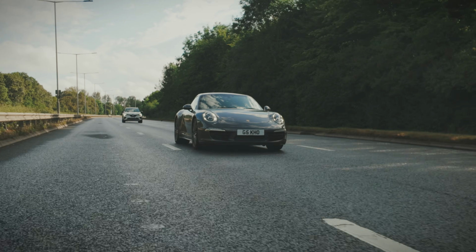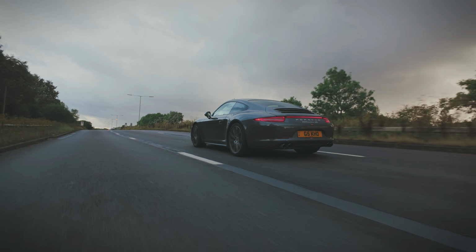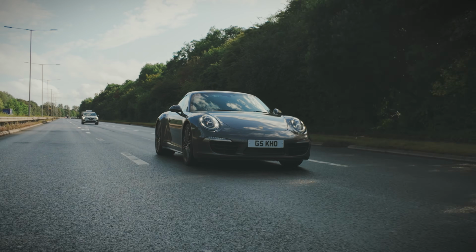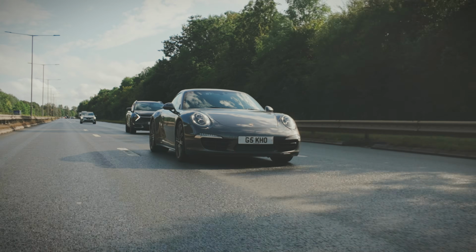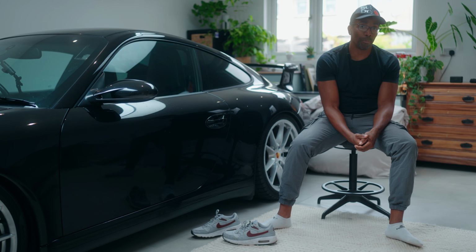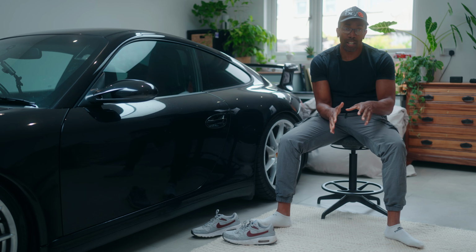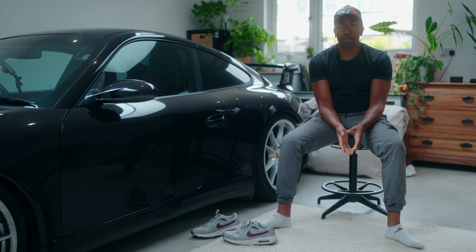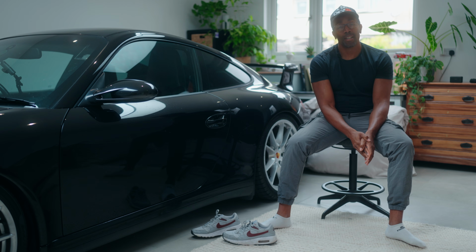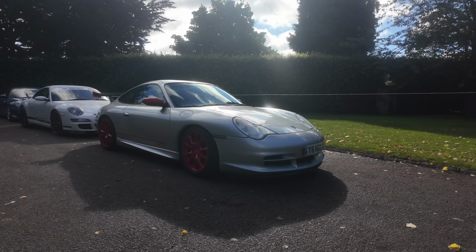With all that being said, is now a good time to get yourself into a 991.1, especially now that the 992.2 generation has just landed? We're going to see prices dip for the Dot 1s, so now might be a good time to grab one. Prices are around the 50 to 60 grand mark for an entry level, but for that much money, you might be able to pick yourself up a 997, have a bit of change left over, maybe a 996,